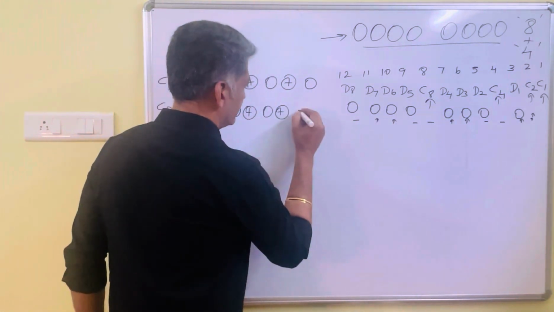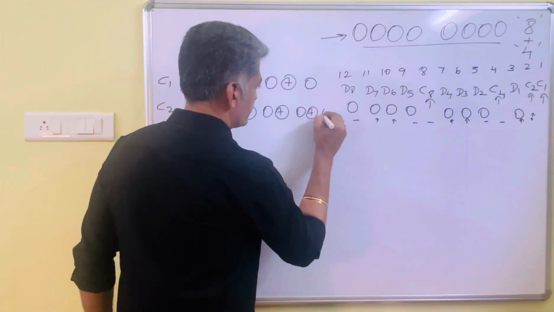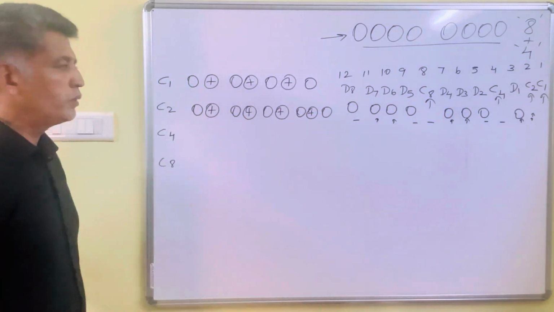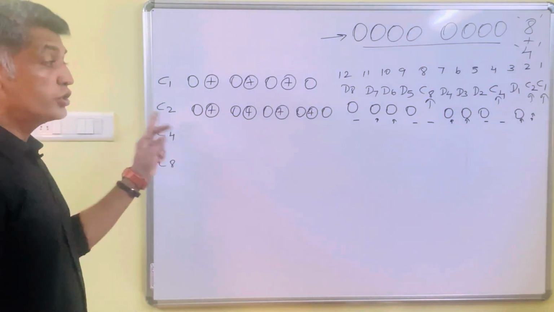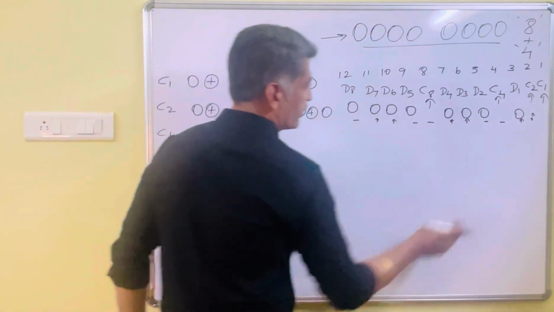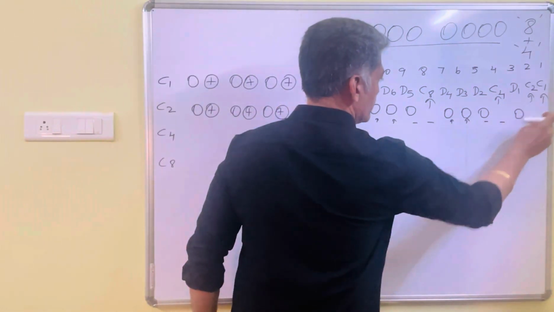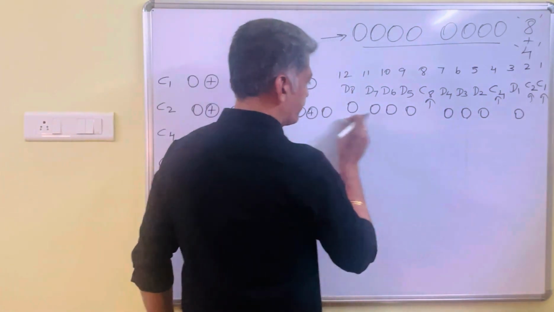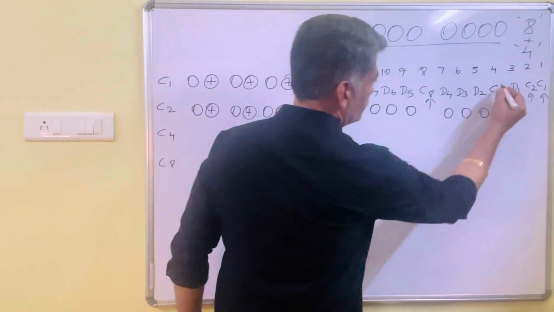Again, 2 zeros are there. So 0 0. Okay, so this is how I can calculate the check bit position 2. Now I need to go for the check bit position 4. While you are going for check bit position